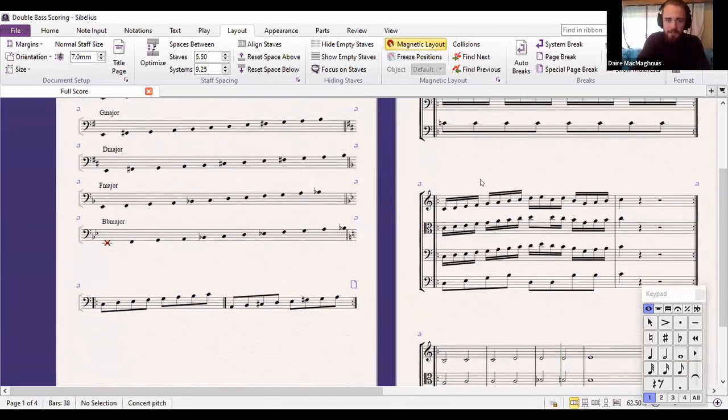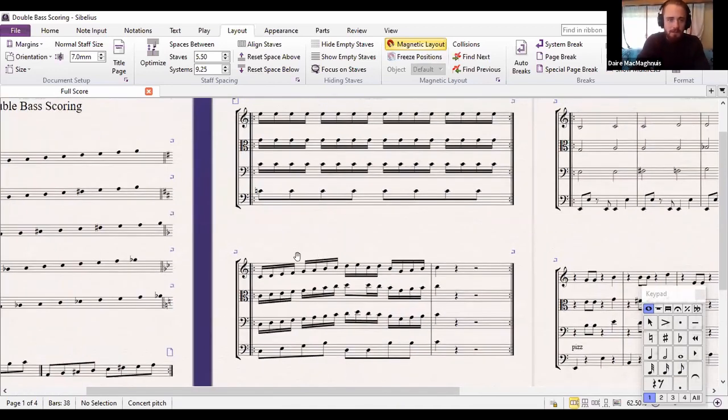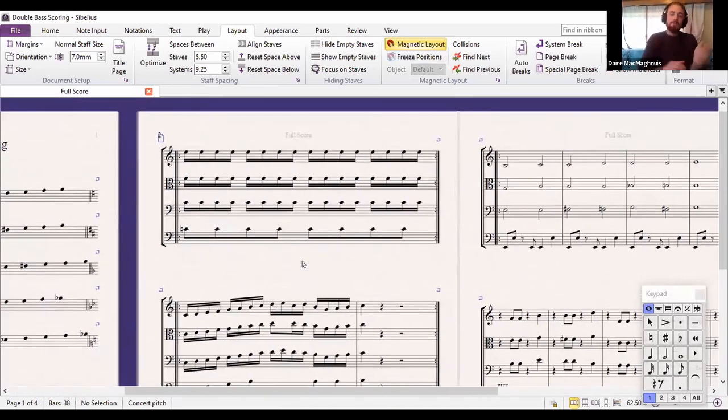D major exists if you play from A to A, so it exists in the Mixolydian mode. Now, playing repeated notes obviously is harder on a double bass because the strings are thick, so they take a little bit longer to speak. So if we have repeated notes, the reason I'm doing this actually is that